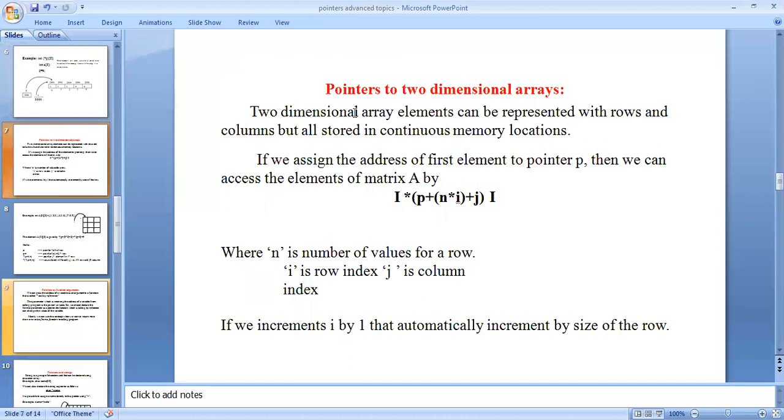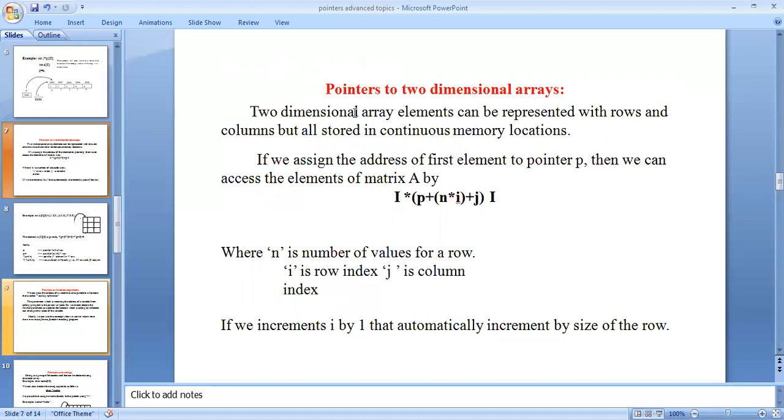Pointers to the two-dimensional array. Two-dimensional array elements can be represented with rows and columns, but all are stored in continuous memory locations. When defining a 2 into 2 matrix, it means 2 rows and 2 columns, and the elements are stored in continuous memory locations.